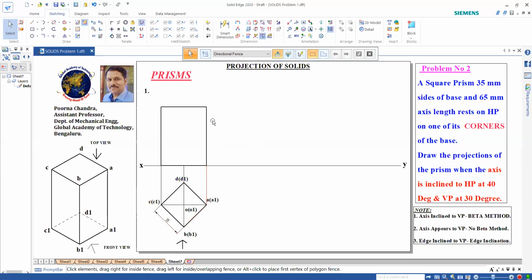So I can watch this AA1, BB1. BB1 is a line. This line is also visible in this stage, so we can draw this also as a visible line only. Here we can't draw the center axis because this lateral edge BB1 is visible.